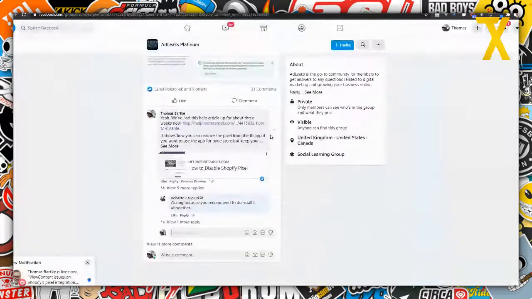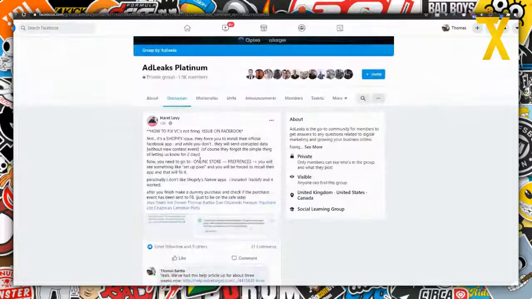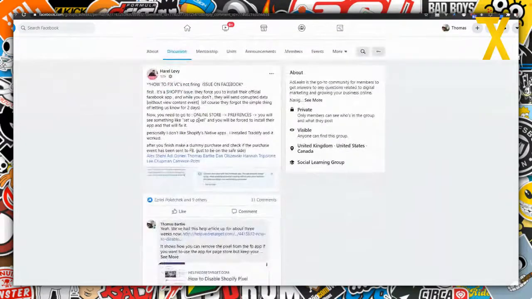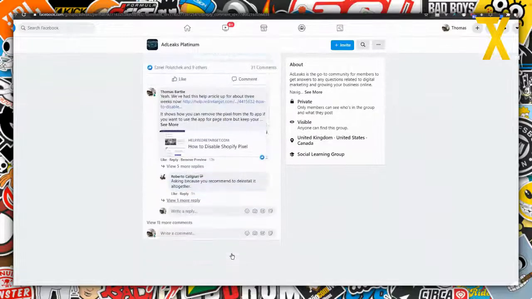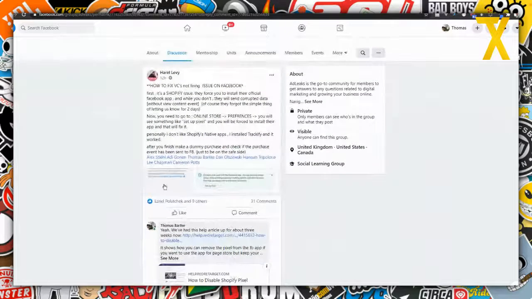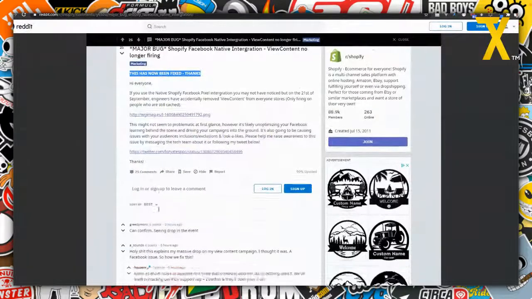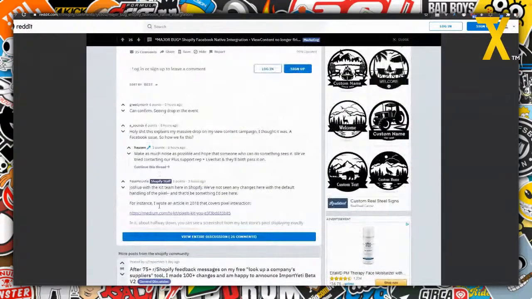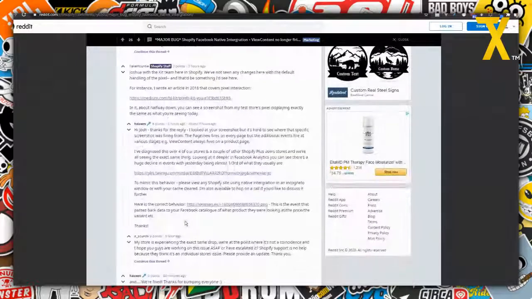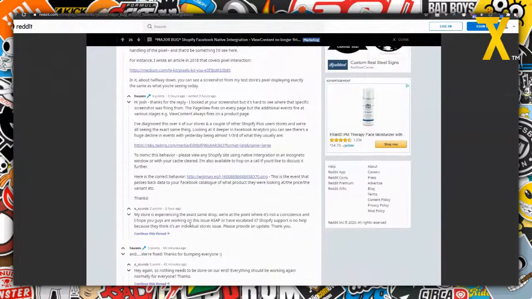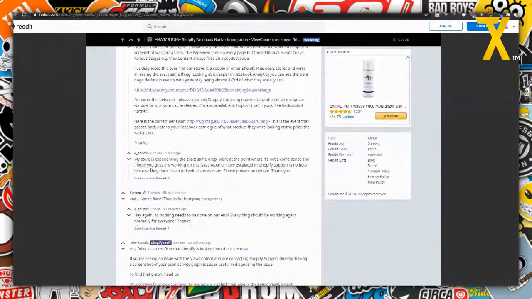There's also, in the AdLeaks Platinum group and other Facebook groups, several articles going on here about how to fix it and what else is going on. The symptom seems to be that the ViewContent event on product pages in Shopify doesn't fire properly or doesn't fire at all.